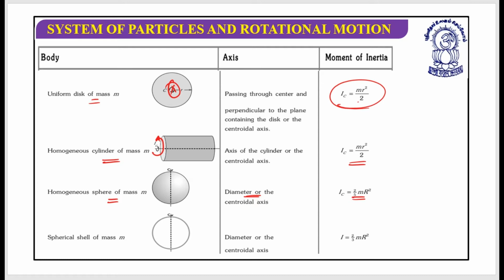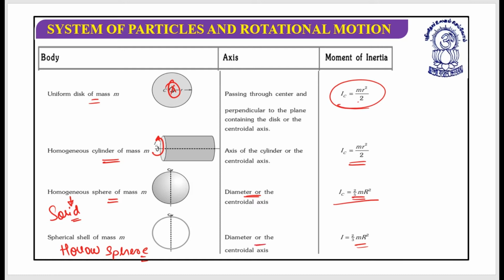When I say it's a homogeneous sphere, this is the solid sphere we are talking about, and there is also the spherical shell, which could be written as the hollow sphere as well. So if it is a solid or homogeneous sphere, it is 2/5 mr square, and if it is a hollow sphere, it is 2/3 mr square, and